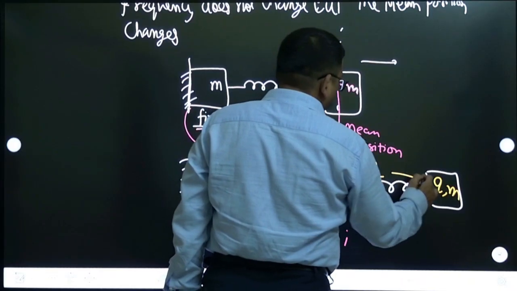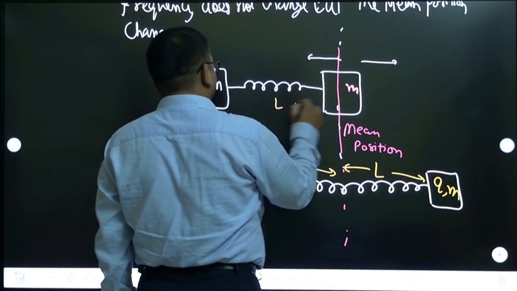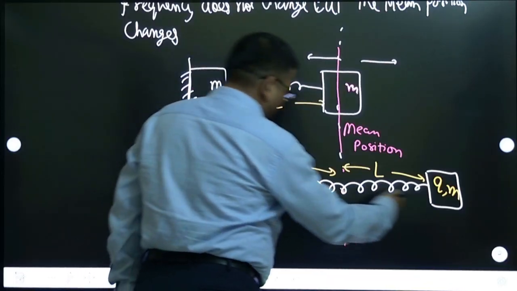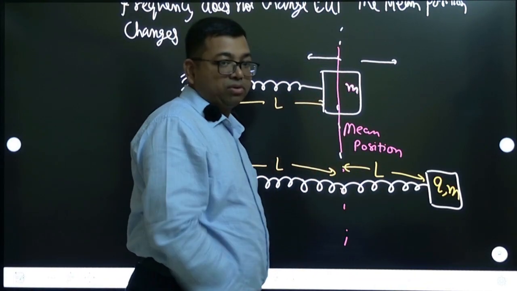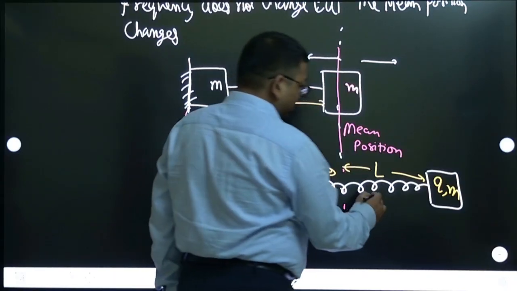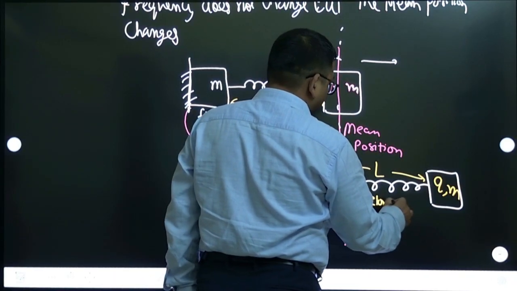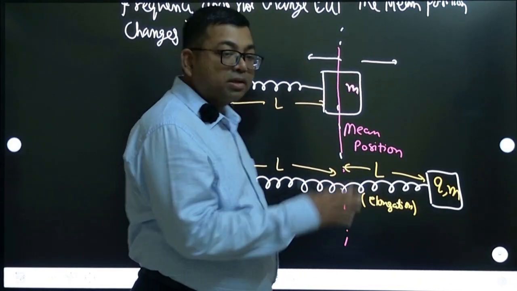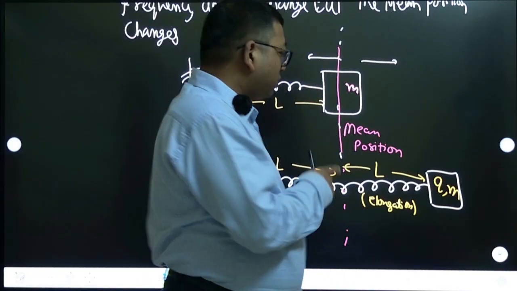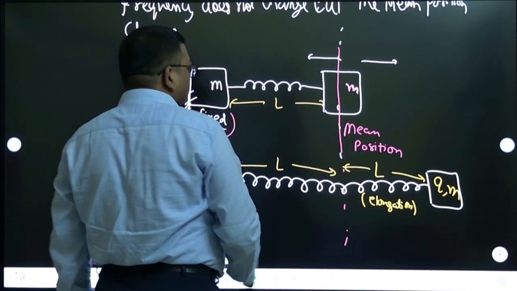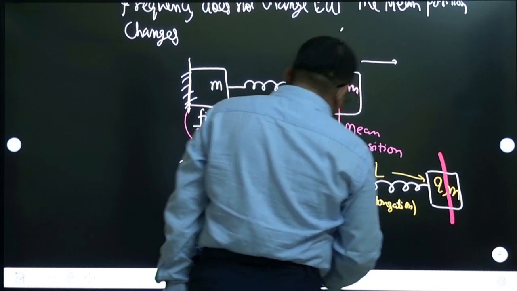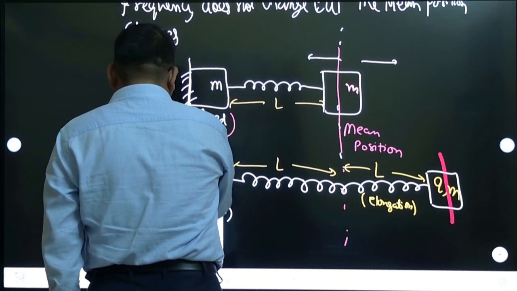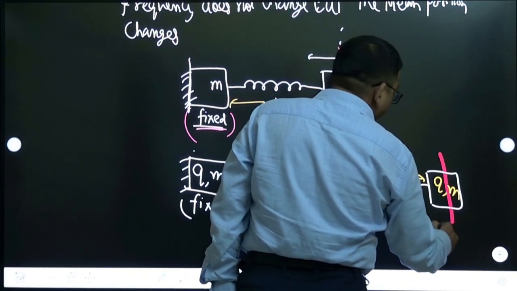that this was the original length of this spring. Now the elongation that has happened is also equal to L. This is the elongation that has happened, and after coming to this elongation, this becomes an equilibrium position. So if that is the equilibrium position, this is now the new equilibrium or new mean position. This is the mean position,